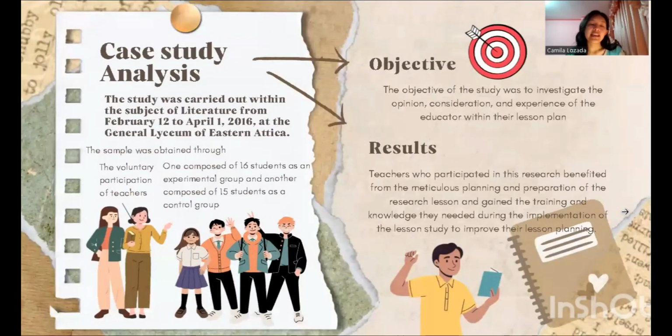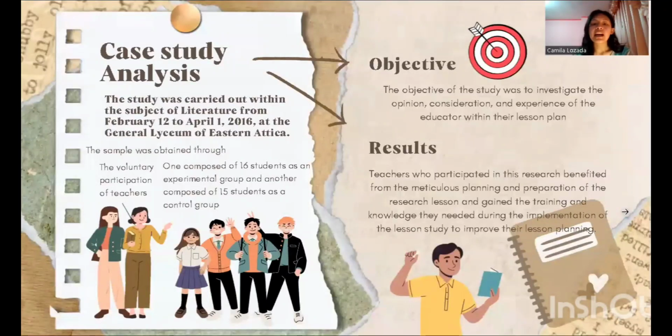Now, about the case study analysis: there was a study carried out within the subject of literature. The sample was obtained through the voluntary participation of teachers and the participation of two classes. The first one was composed of 16 students as an experimental group, and the second one of 15 students as a control group. The main objective of the study was to investigate the opinion, consideration, and experience of the educators